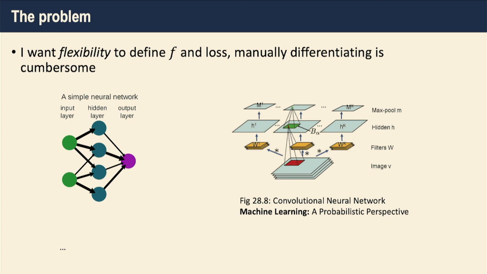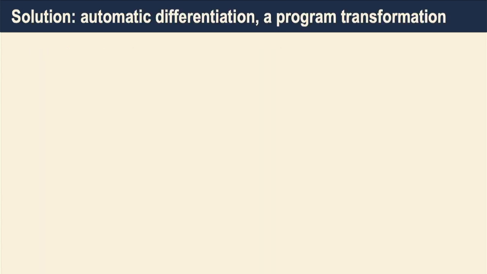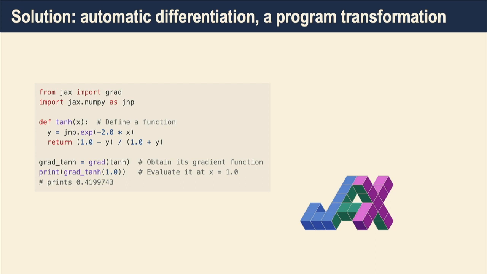And I have fairly large spectrums of models that I want to write that have a lot of structure in them. And the models are getting more and more structured over time, right? So a solution to this is automatic differentiation, which is in fact a program transformation. I think this is something that's really exciting that's started to be internalized within the programming languages community, is that automatic differentiation is in fact taking a program, translating it into a new program that computes the derivative of that program. Right? And this is a cool idea.